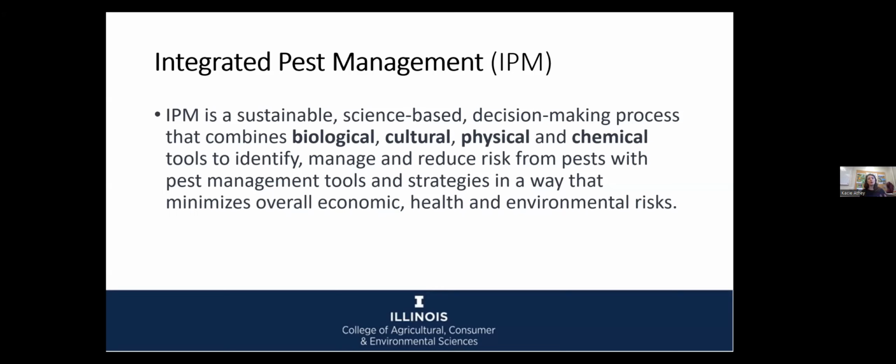So it's not just spraying insecticides to deal with your pest issues, although of course, that's often going to be a big part of it. The other bit about IPM that's really important is that it does take into account minimizing economic risk as well, and health risks and environmental risks. So it's sort of a holistic approach to pest control. And so we use this as a framework when we talk about pest control, when we talk about how we deal with these things in basically every system. But of course, today I'll be focusing on apple production.